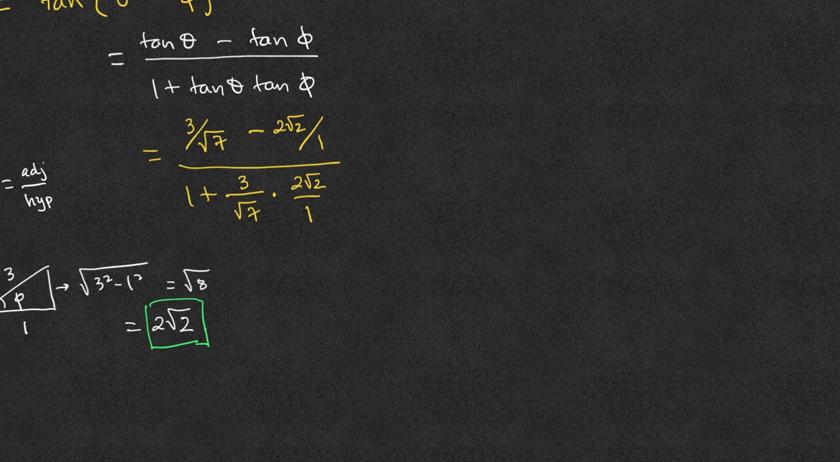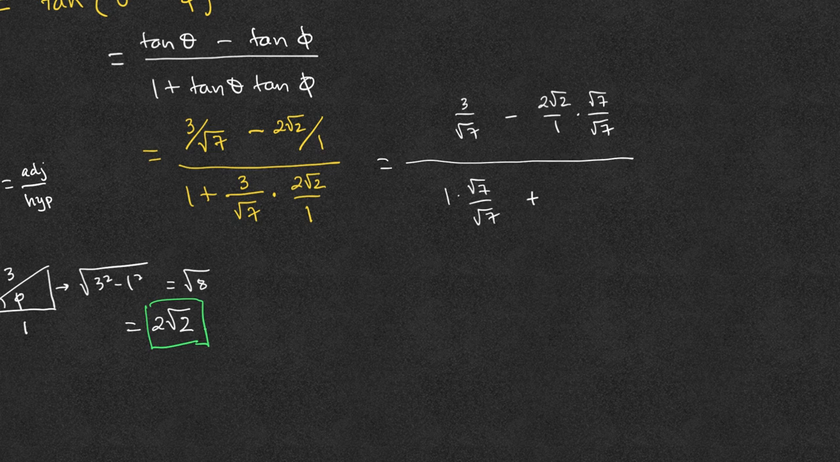This is a complex fraction, so we would need to take care of the numerator and the denominator separately. In the numerator, the common denominator is the square root of 7, so we would multiply the square root of 7 to the second term. 3/√7 minus 2√2/1 times √7/√7. In the denominator, the common denominator is also the square root of 7, so we multiply 1 by √7/√7, and we keep the second term, but we multiply across. 2 times 3 is 6,